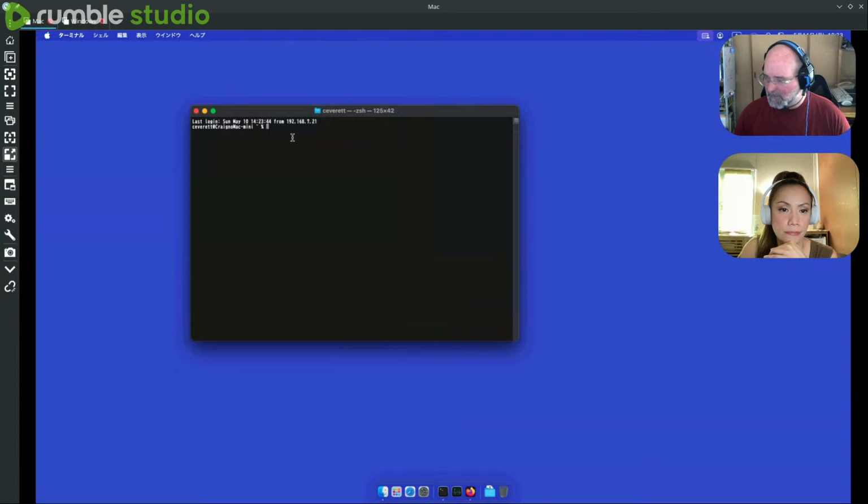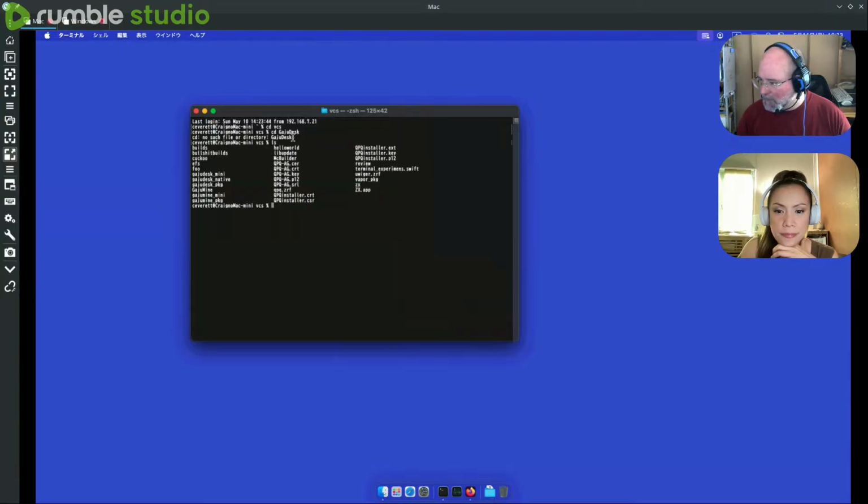It looks kind of small, huh? For me it is, but I'm guessing for everybody else, it's okay. Do I have GajuDesk? Oh, where's... Okay, let's see here.